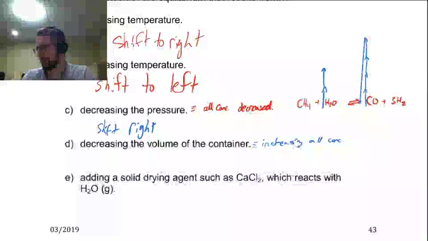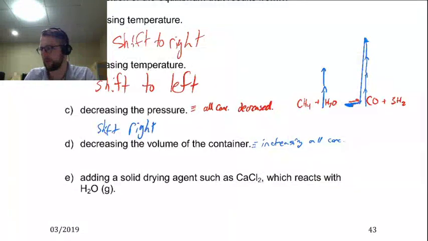So tip to tail, from our point up here, we're going to go all the way down to this bottom arrow that is pointing this way. We can't go to the other one because it's backwards. And so that will tell us that we are moving our matter to the left. So move that matter to the left because you got way too much on the right. So it's going to be shift